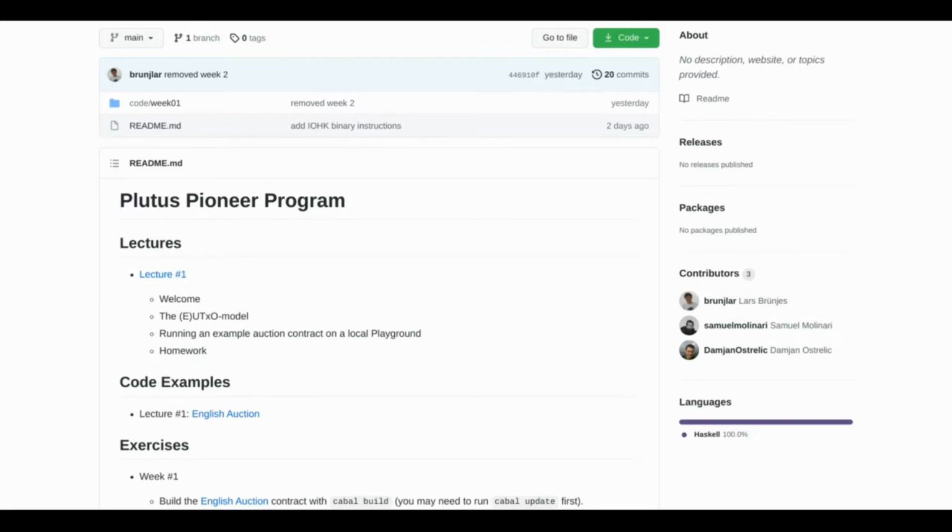The best part of this video for lecture number one was Lars going into quite a bit of detail about the extended UTXO model that Plutus is based on. That is extended unspent transaction outputs, right? It's a very interesting comparison to the account balance model in Ethereum. And Lars explained that scripts in